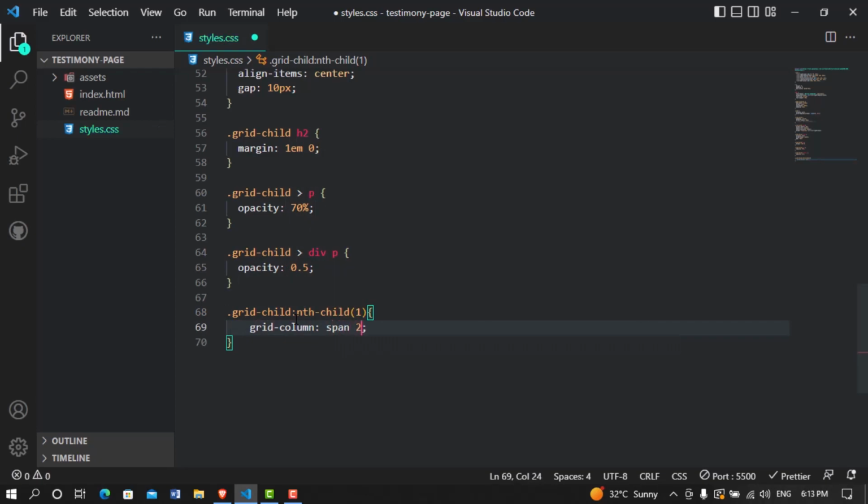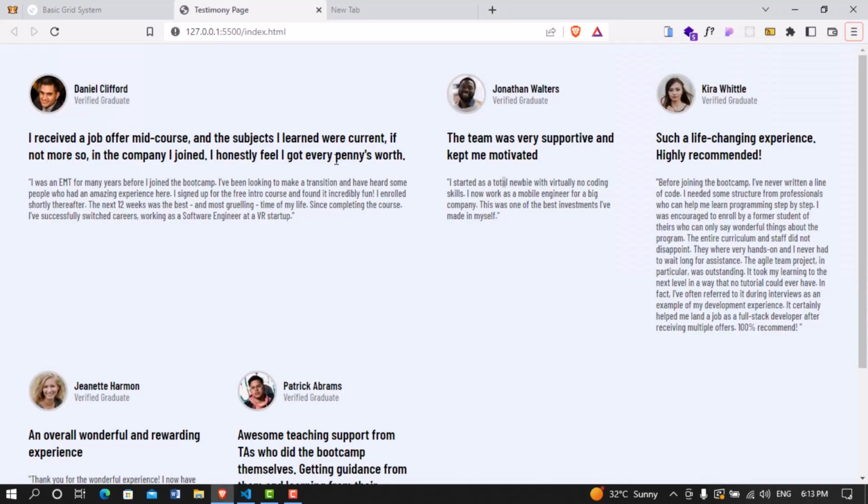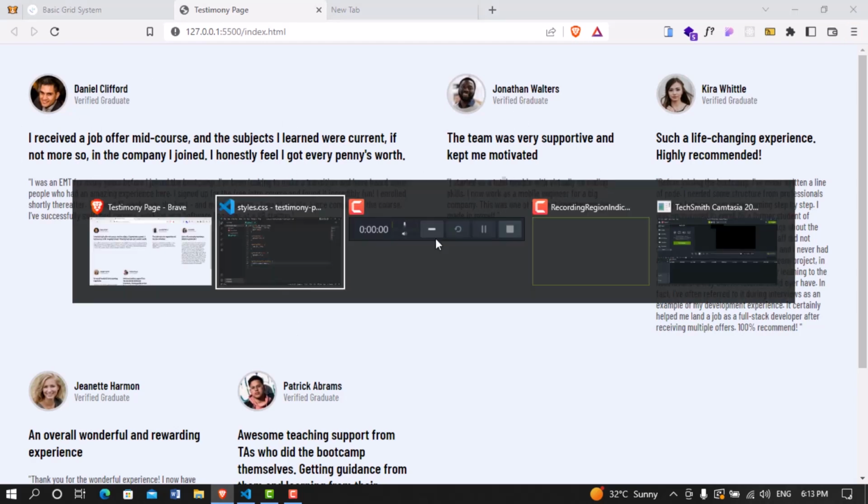We want to span 2. So this should push Jonathan Walter to this section,